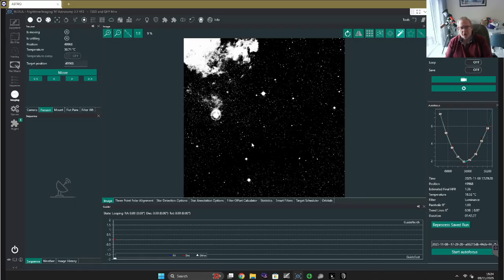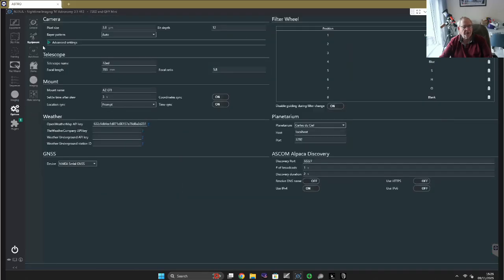The 3rd way we're going to look at obtaining a target is by using a planetarium app. In order to do that, you need to go into options, and under equipment over here you've got planetarium, and you've got a list of options to choose from. I prefer to use Cartes du Ciel. I find Stellarium a bit hungry on the processor, but Cartes du Ciel seems to work better. So having set that up,